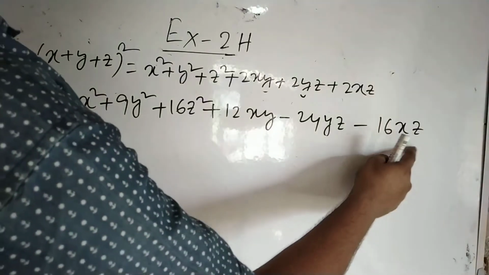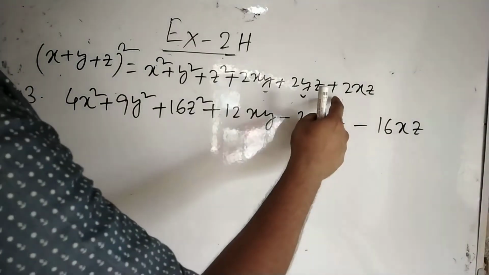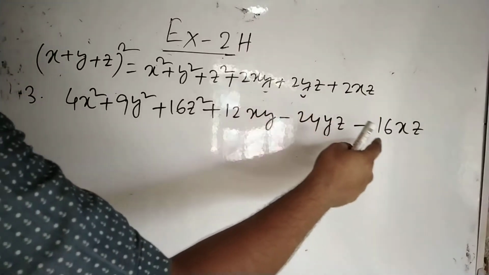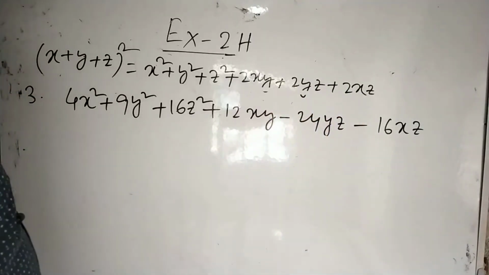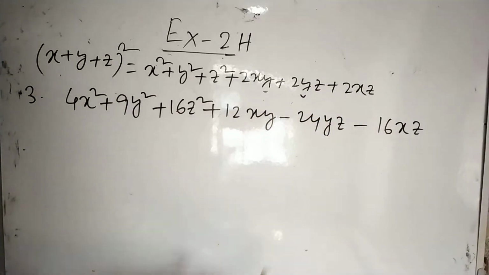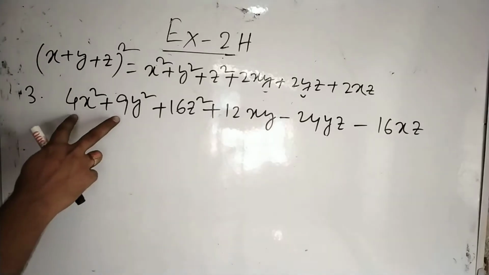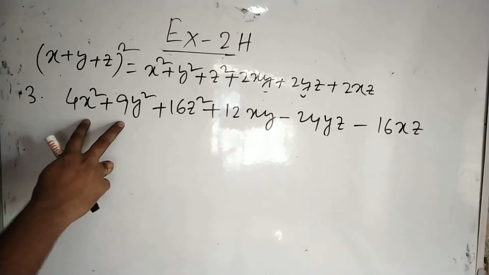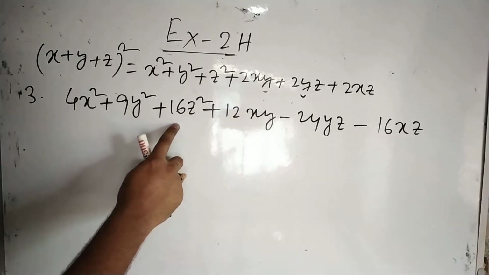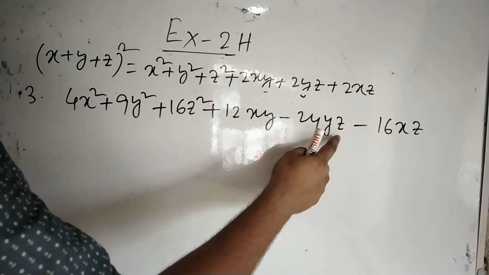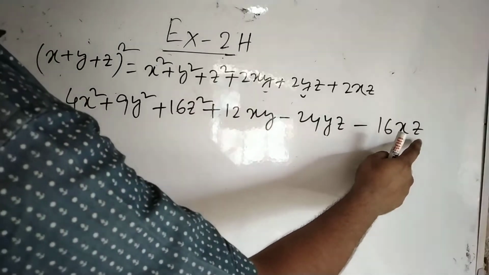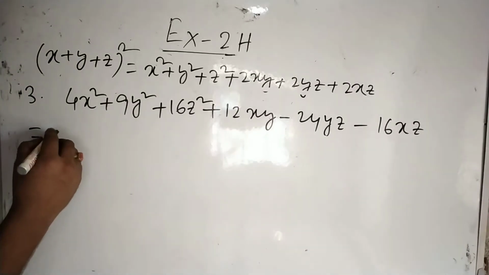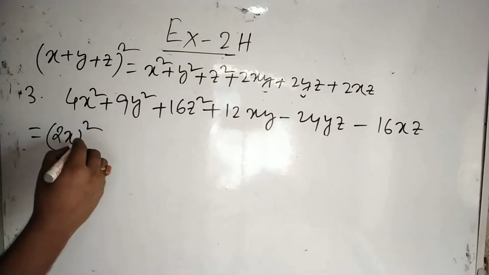Again, look at the third term. This is the product of the first and the last term. So this is also negative. So you can observe that these two are the same sign, that is, these two are plus, and if this is minus, then z is present here, so further this is minus, z is also present here, further this is minus. So we will consider this one like this: 4x square equal to 2x whole square,